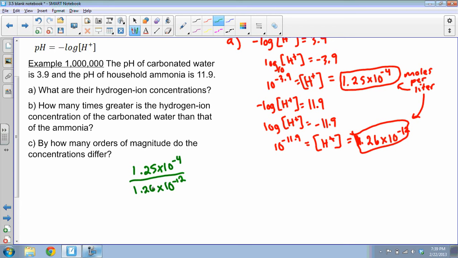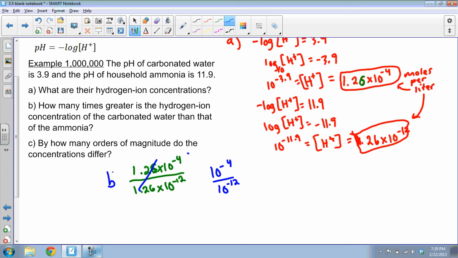And maybe if you actually... Oh, I rounded the first one wrong. Man, that should have been 1.26. I rounded the first one wrong. Those are identical numbers. Look at that. How nice. So really, 1.26 times 10 to the negative 4 over 1.26 times 10 to the negative 12. Guess what happens? Those 1.26's cancel, leaving me with 10 to the negative 4 over 10 to the negative 12,